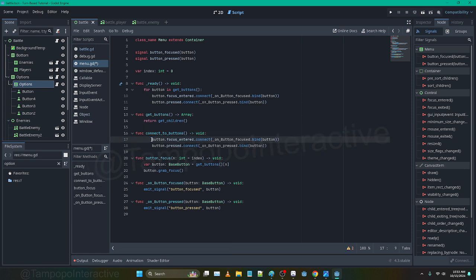So anyway, connect the buttons. This we're actually going to do up in ready, because that's just for the menu itself. We're going to use a similar format though. We don't need to get the button. What we're going to do is take these now. And I'll kind of walk through what's happening here. Connect, and then it's going to be